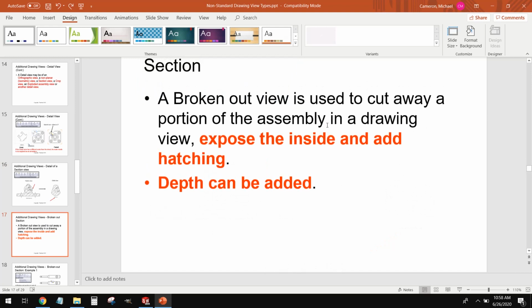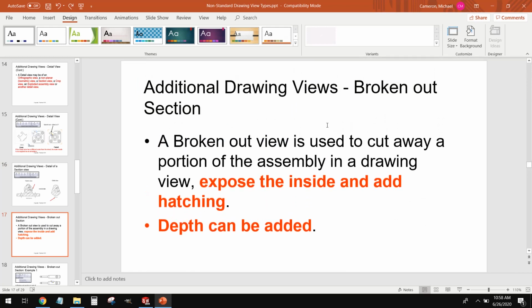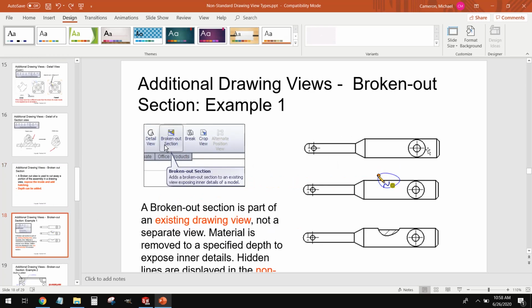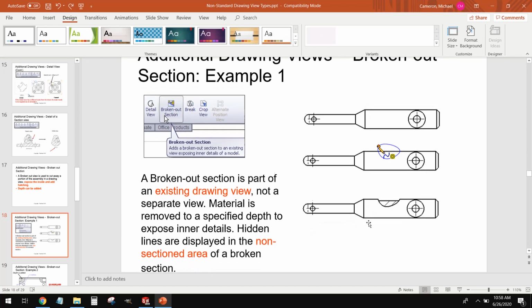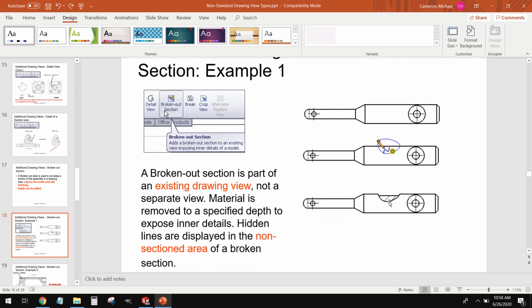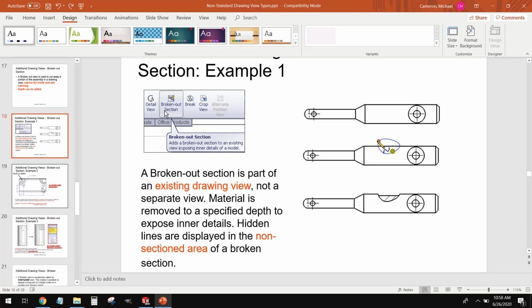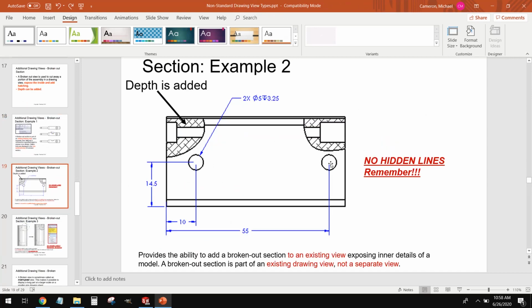Now, a broken out section. This is kind of like a section view that doesn't have a separate view. And you'll see what I mean here. What a broken out section is essentially taking a hammer and chipping away a portion that we identify. So rather than creating a whole separate section view, we're just chipping out a corner here. Now, why would we want to do this instead of taking a whole section view? Well, in this case here, right,